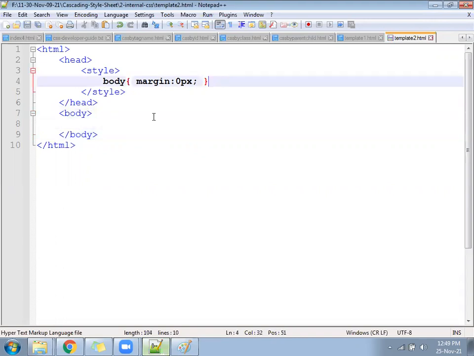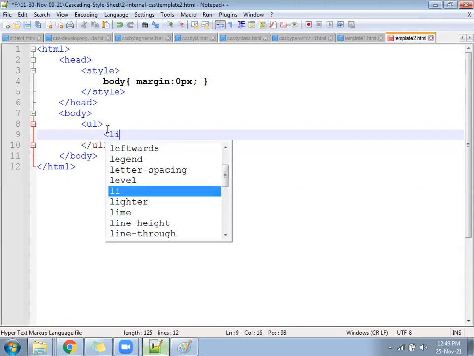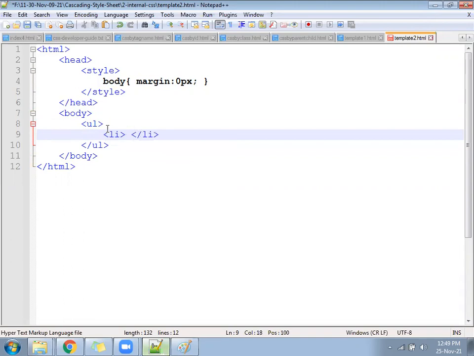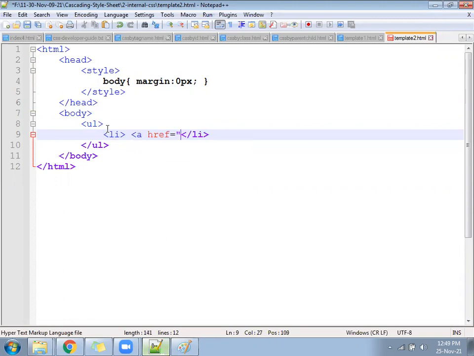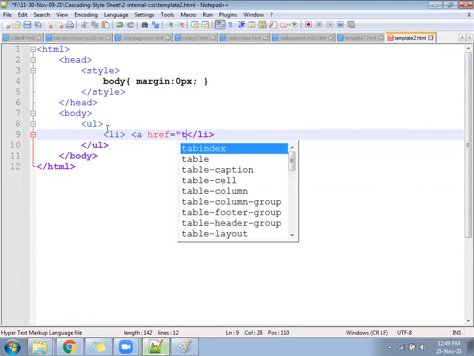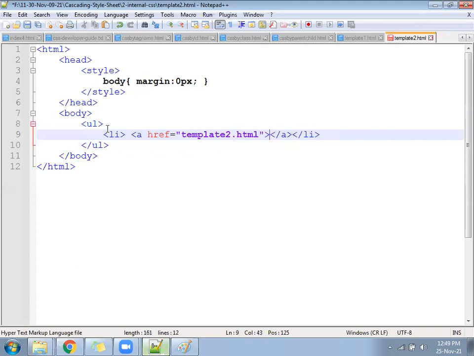Okay. Next, inside the body tag, you will again follow UL, LI. But UL we will not. UL, LI, and keep an a tag also, with href as the current file name, template2.html. Right here call template1.